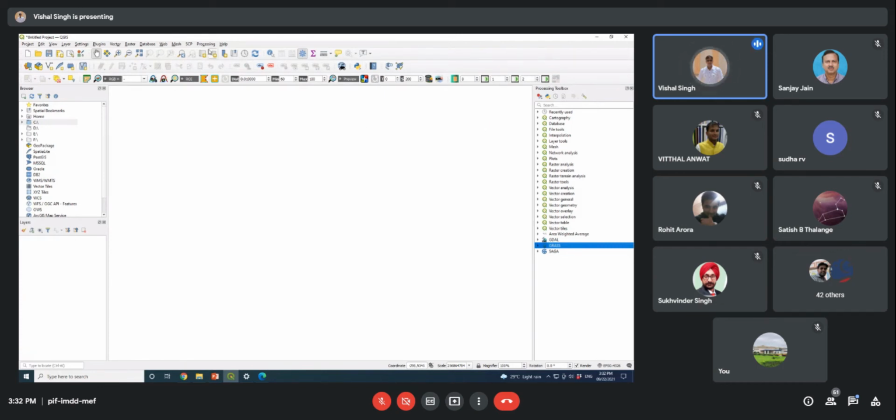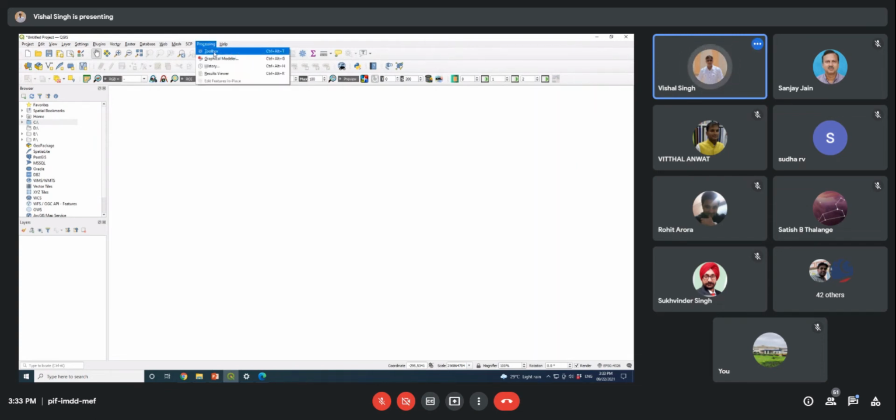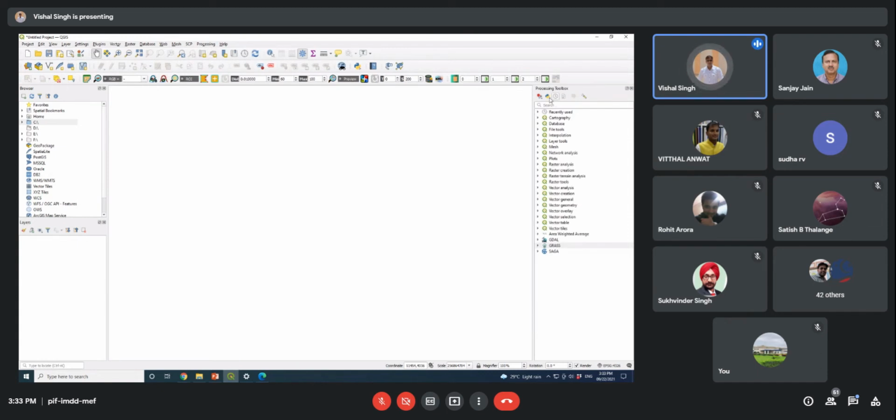So you can go to Processing in the top menu. You can see the second last option is Processing. You can go to Processing and select or deselect. If you click here, this processing toolbox will automatically be added.